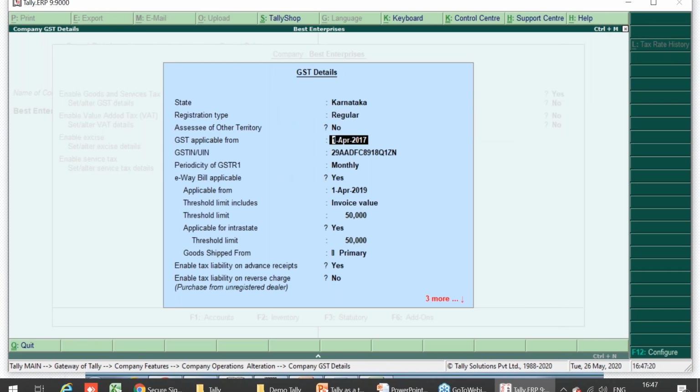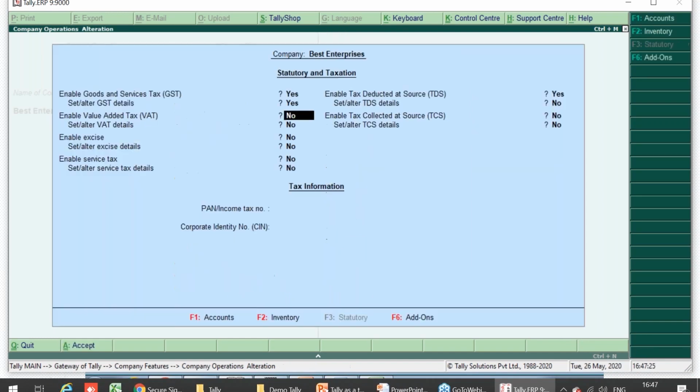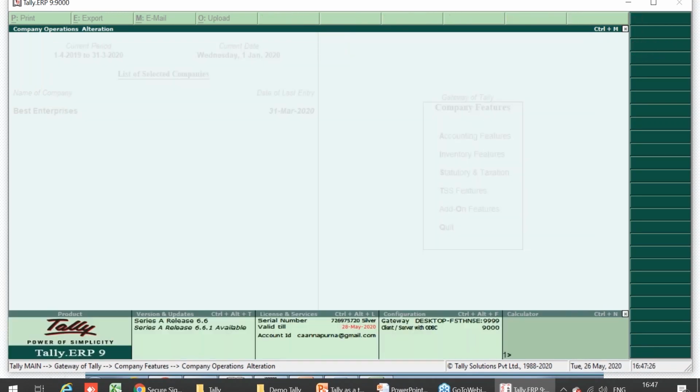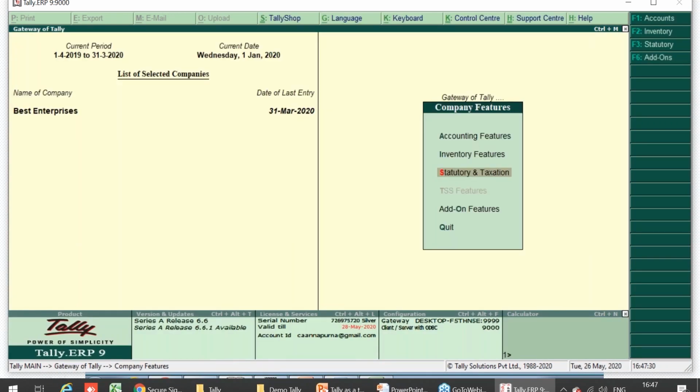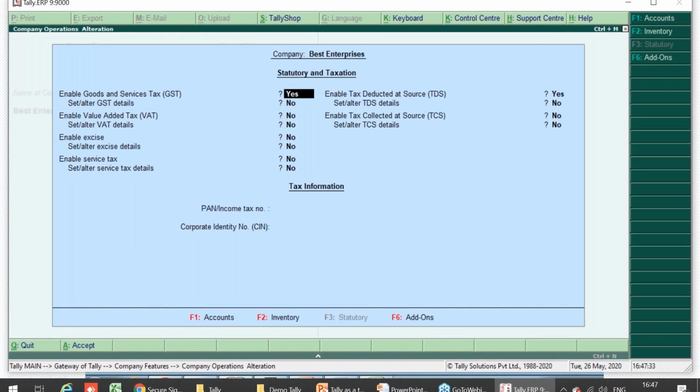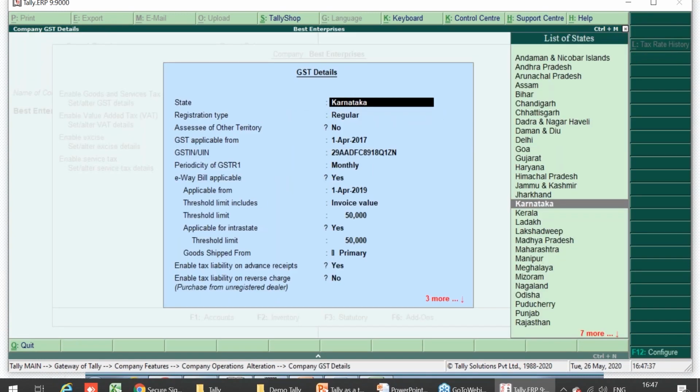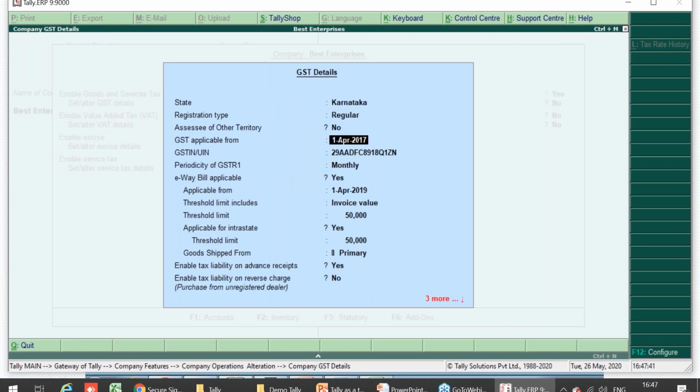In my Tally, it's appearing because we have enabled inventory also for this. Yes, set alter GST details. If we press yes, in my Tally it's appearing, enable GST classifications, no or yes option is there.